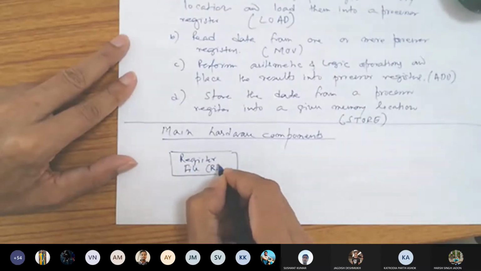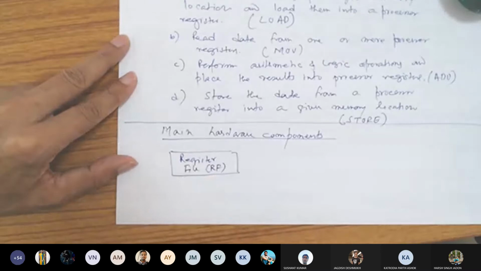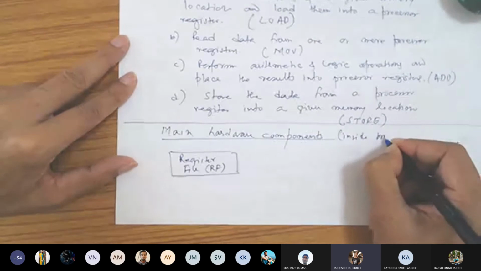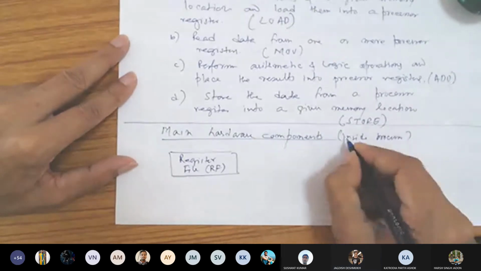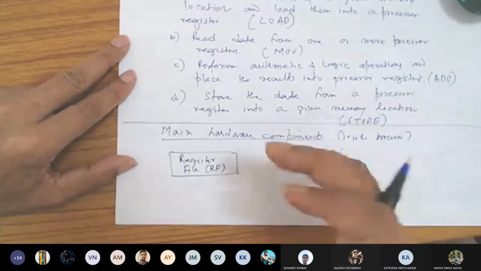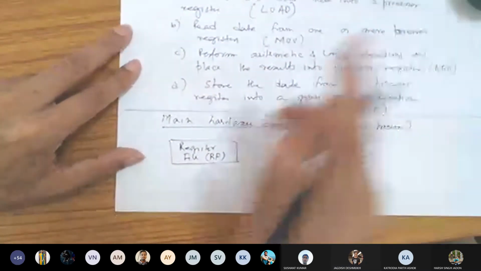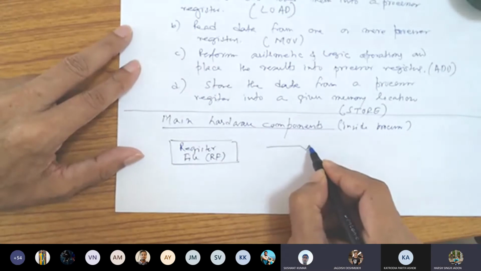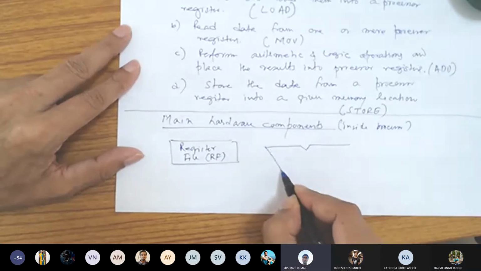RAM? No, I'm talking about inside the processor. Logic, like adder, those types of circuits. Comparator, adder. So if you combine them together, what does it become? ALU, right, arithmetic logic unit.